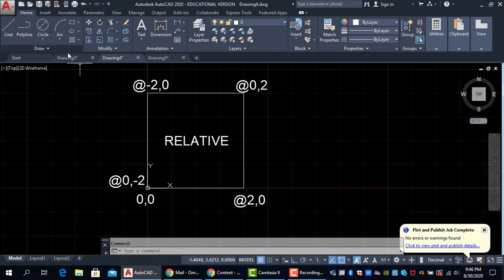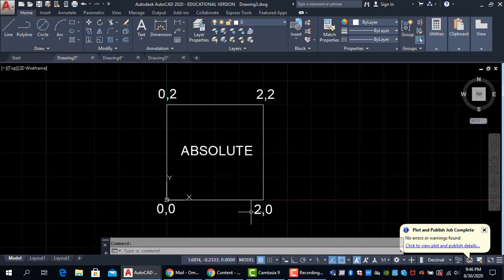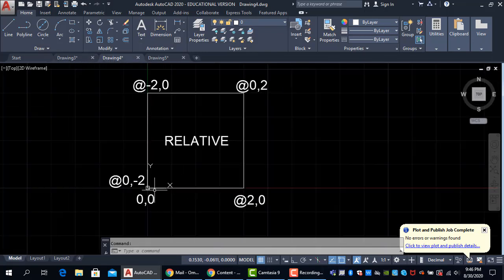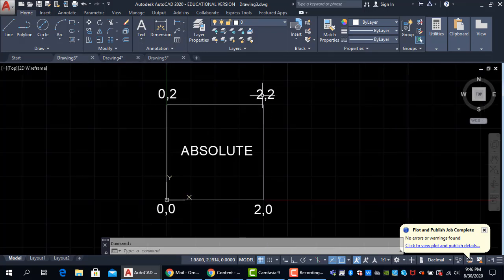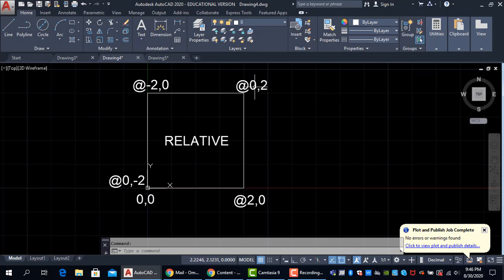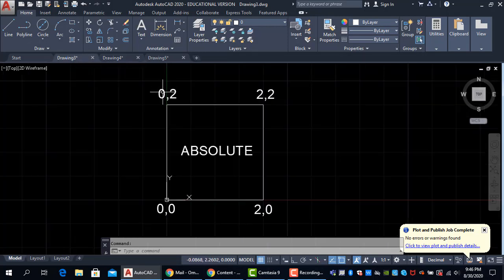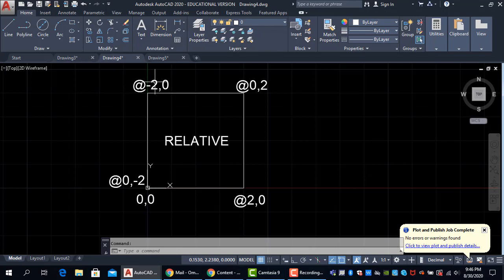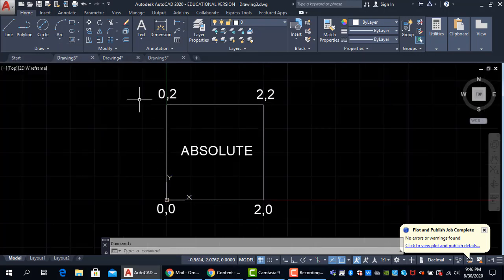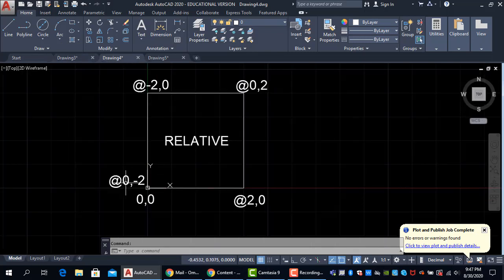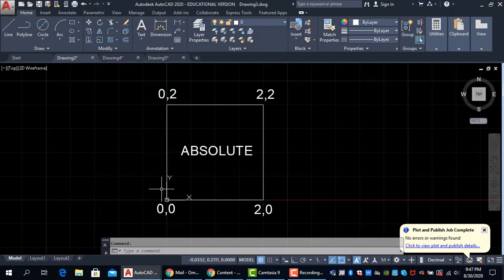So notice, look at these points, 0, 0, 2, 0, those look the same, because it's that first segment, it's based off of the origin. But then look at this one, this is 2, 2, this one we have 0, 2, this one we have -2, 0, and this one we just go back to the origin, 0, 0, and this one we have to go 0, -2. So on the absolute, everything is referenced back to the origin, it finds those points automatically,